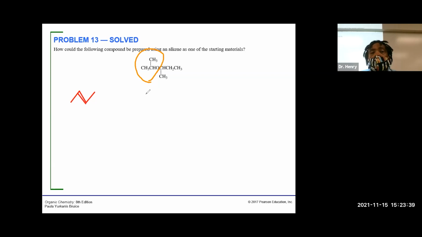What am I going to react with to get the ether? An alcohol. So then iso what? How many carbons? What is 3 carbons? Propyl, right? So isopropanol, right? So then we're going to have,